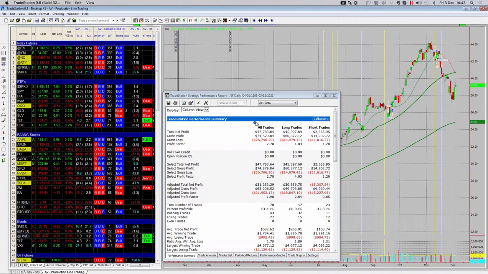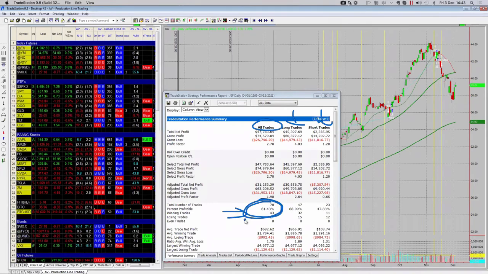I'm typically looking at 3 things on this. The first one, all trades. I like to make money long and short. It separates them out for me, but I'm looking at the percentage profitable on this stock, just doing what I've told you: buy the dip in a quantifiable uptrend. 61.43% of the time in the last 20 years, you're making money. Great. Or you've got winning.